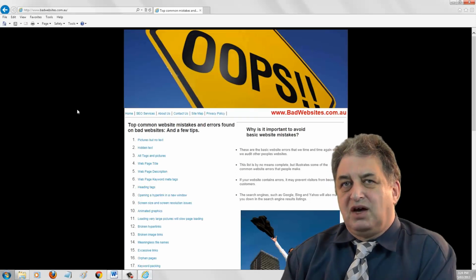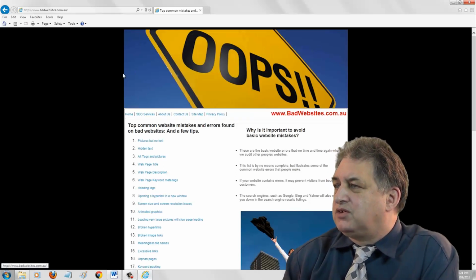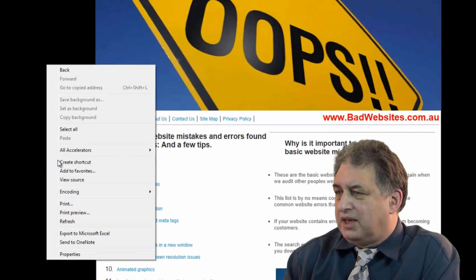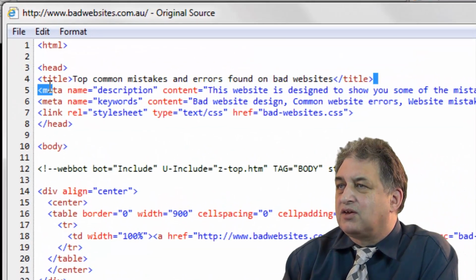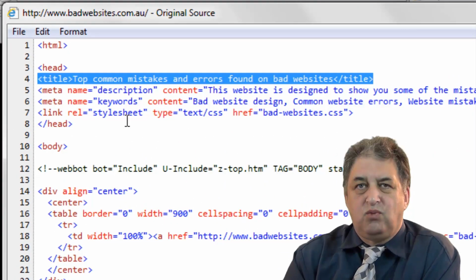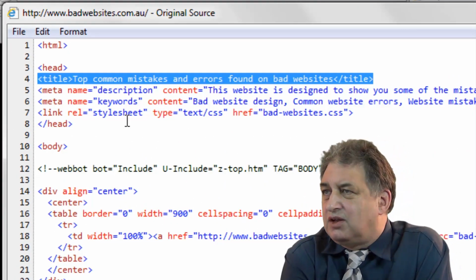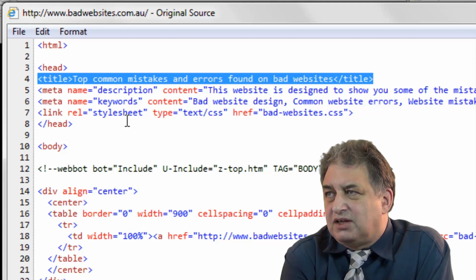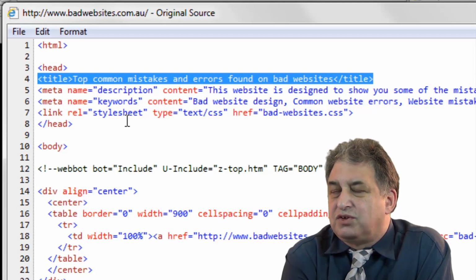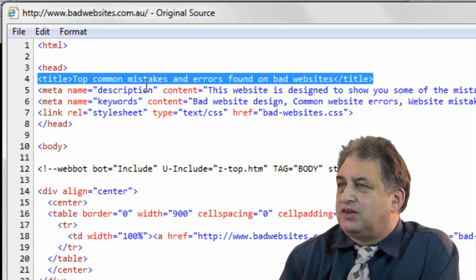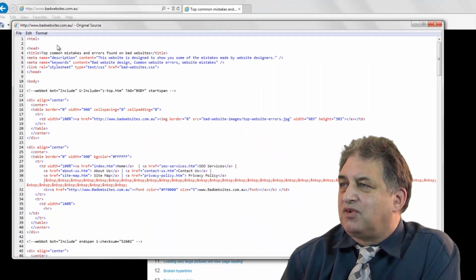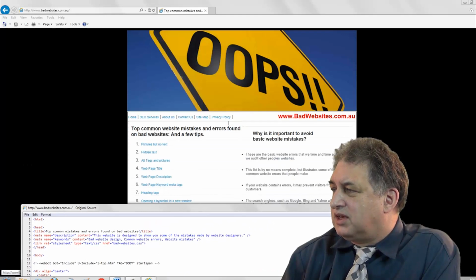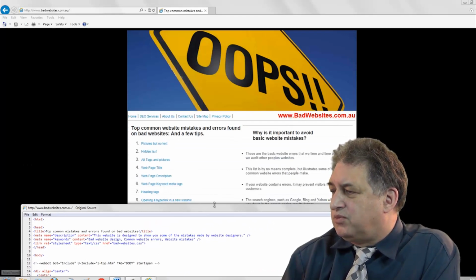Now the HTML title area. Again, if you go to a website and click on a blank area and go to view source, you can see you've got this line here called title, and all websites should have a title. As I said, the title is not displayed on the screen, it's there for Google's benefit, and this is incredibly important for SEO. So in this particular case we've got a website which, as you can see, it's called badwebsites.com.au,